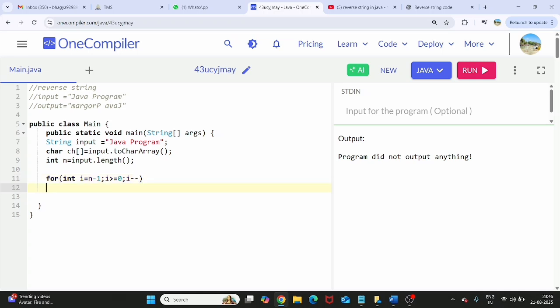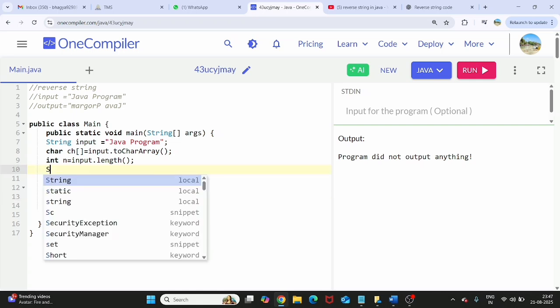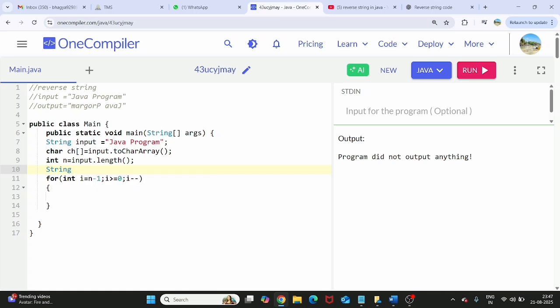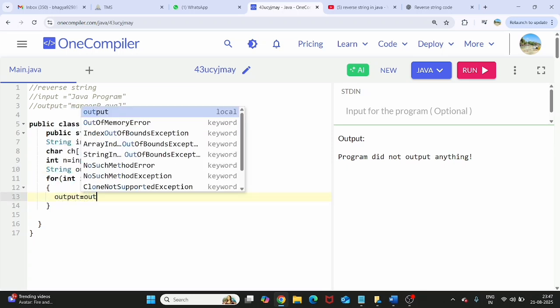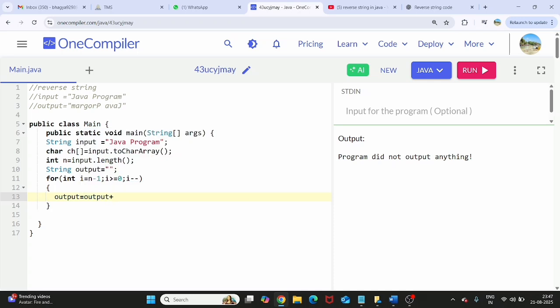Okay. Next, enter the loop. Now we have read one letter here. What is that letter? M. The last letter we are reading here. So what do we have to do? We have to read that letter and assign it into one empty string. So here we have to create one empty string. The same variable we will take as output and create one empty string. So output equal to output plus